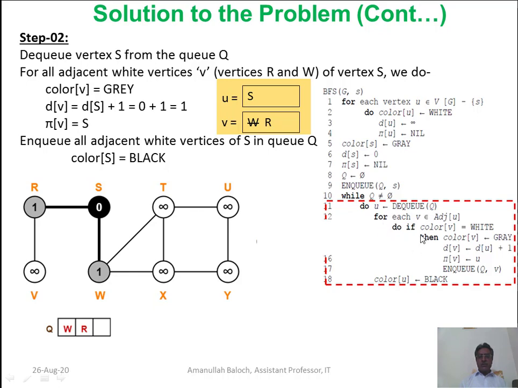So the for loop will execute itself for each vertex V belonging to adjacent of U. What is the next value of V? The next value will be the next adjacent node, that is R. R is the next adjacent node of S. This was the first and this is the second, so it will process R. The color of R is white, so we make the color of R gray.